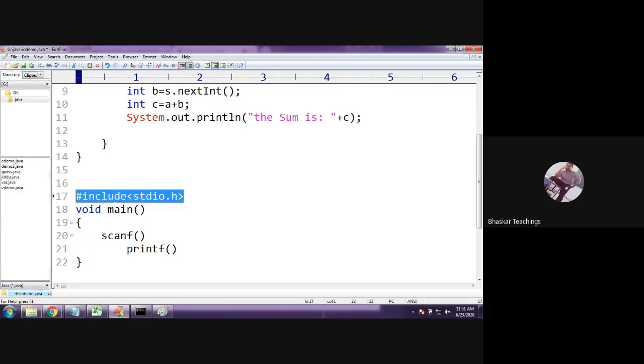Okay, the very first line of a C program is usually #include <stdio.h>. And the meaning is, I'm using scanf and printf functions in my program, but these functions don't belong to my program. These functions belong to a header file called stdio.h. Therefore, I need to include this header file in my program.